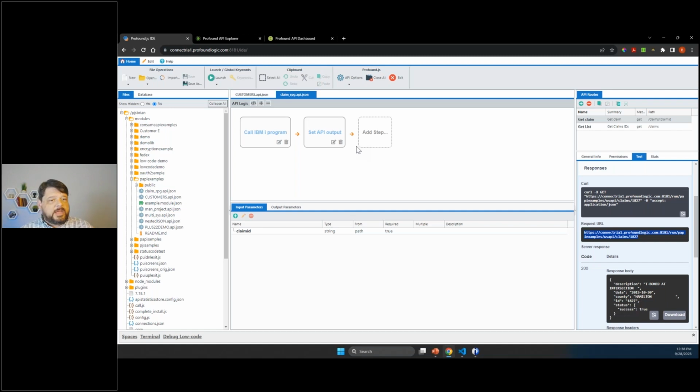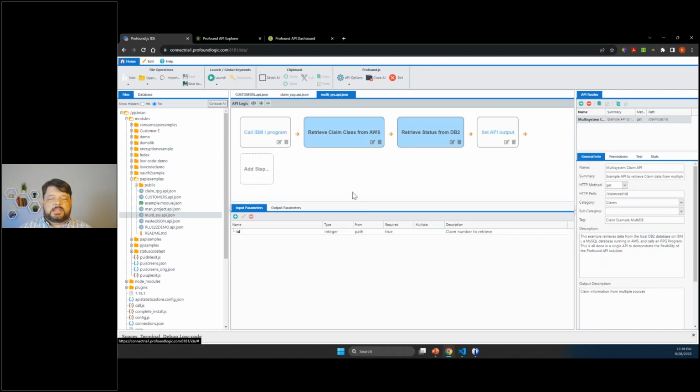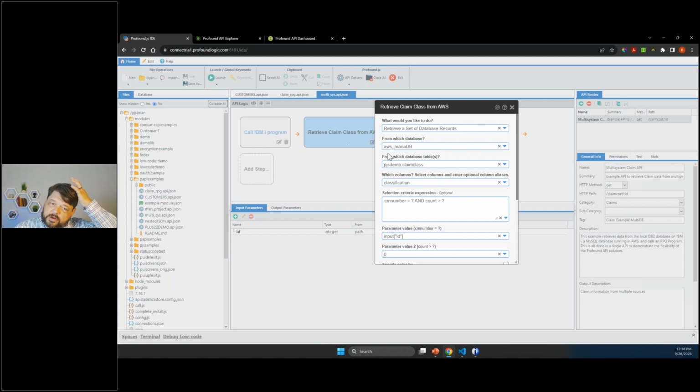So we've seen database access. We've seen calling an RPG program. I also have one that does a little of everything. So here's an example API where I'm calling an IBMI program, that same IBMI program we just called, but I'm also going to retrieve some data from my MariaDB instance in AWS. So for that, I would just use retrieve set of database records as my low-code step,